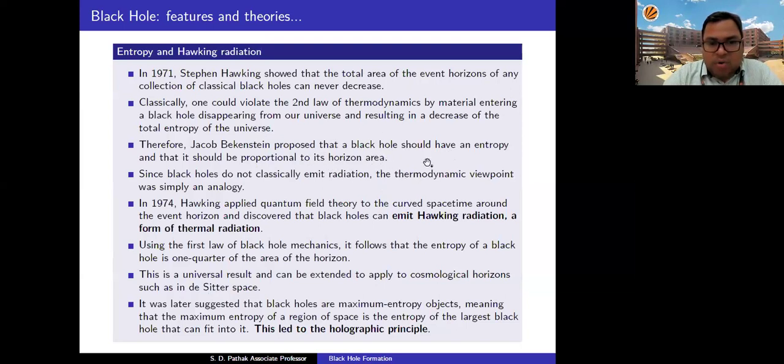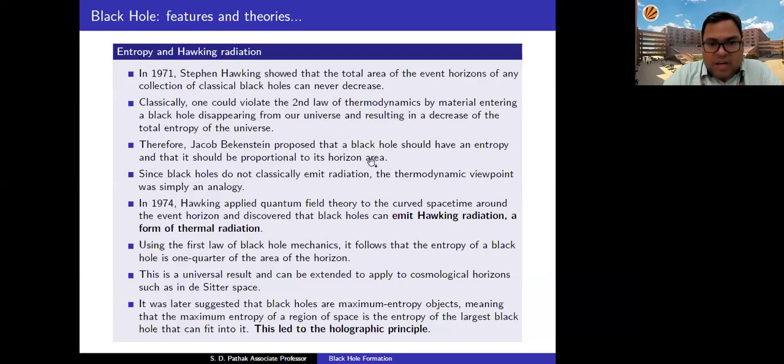A, where A is the horizon area, right? So this would be a violation of the second law of thermodynamics: if any material enters the black hole, it disappears. And when it disappears, that means the total entropy of the universe should decrease. So this is the second law of thermodynamics, and motivated by it, Jacob